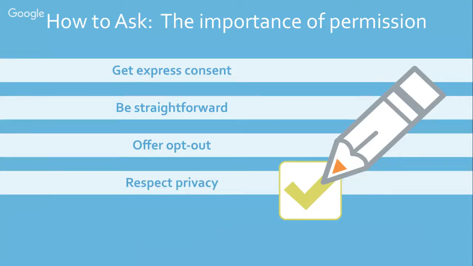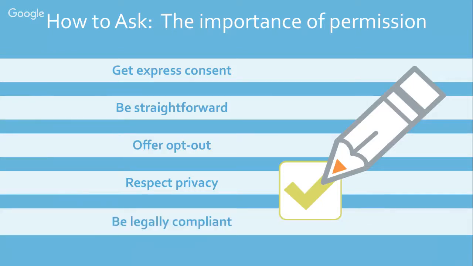Respect their privacy. Posting your privacy policy is a great way to set your contacts or potential contacts at ease when they're joining your list. It helps them feel free that their data is protected. And again, this is something that email service providers like Constant Contact specialize in. You can also, of course, be legally compliant with Can-Spam in the US, CASL in Canada.